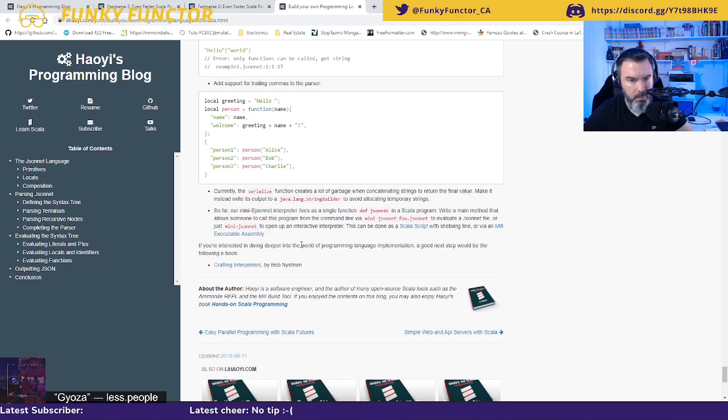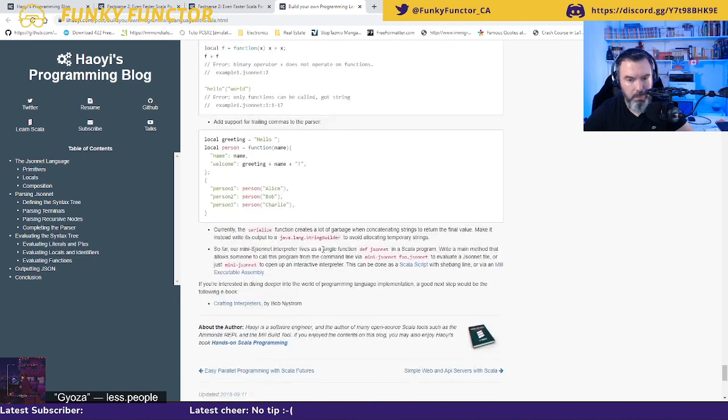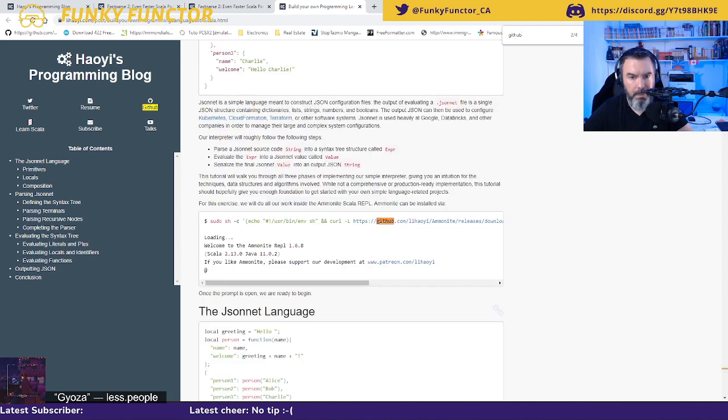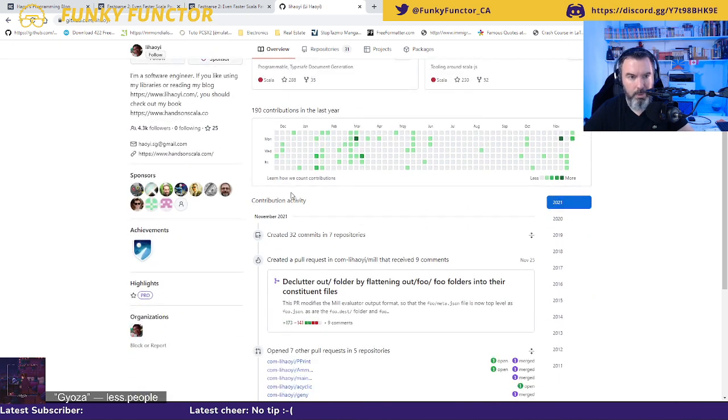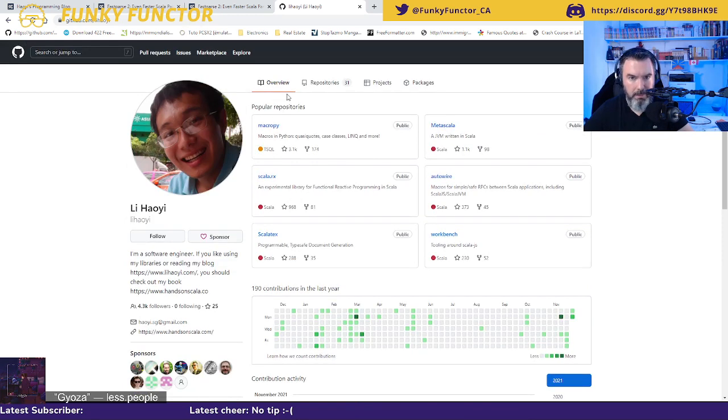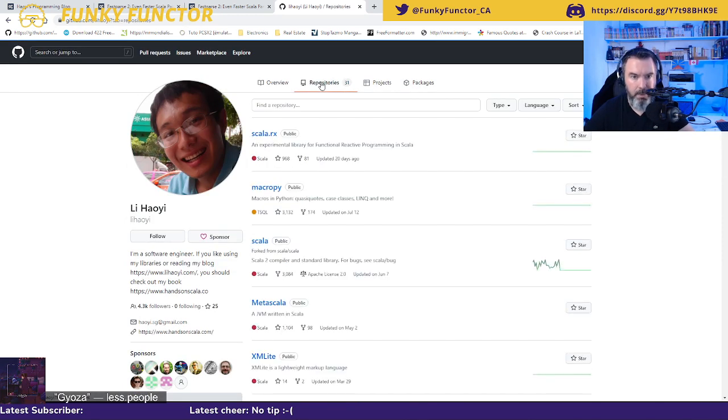Okay. I'm gonna try to see, Control F, is there any reference to GitHub? Well, let's take a look at Li's GitHub. So we've got MicroPython, Metascala, Scala Rocks, AutoWire, Scala Text Workbench. He is a very productive developer.